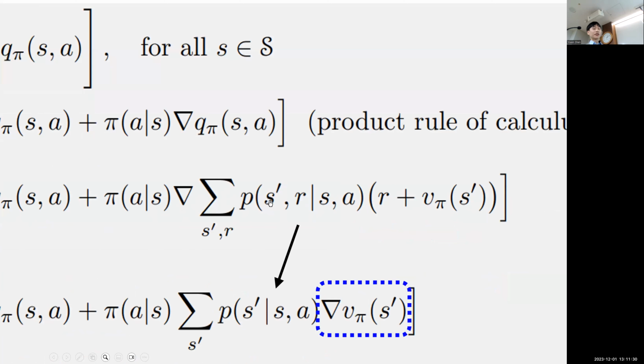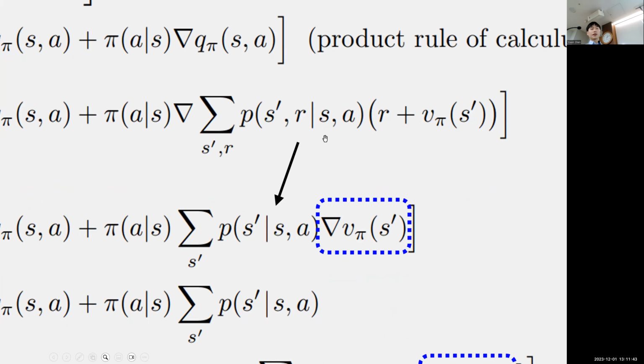From Q pi to this, we can expand this Q pi. Actually, this is what we learned in the Bellman equation, the DP, dynamic programming, or the MDP. So the dynamics is what we learned. Now we're going to continue working on this shape. So for here,